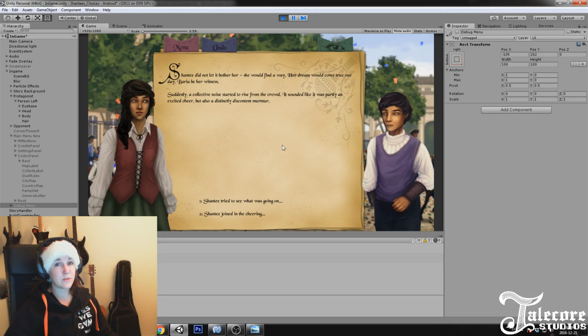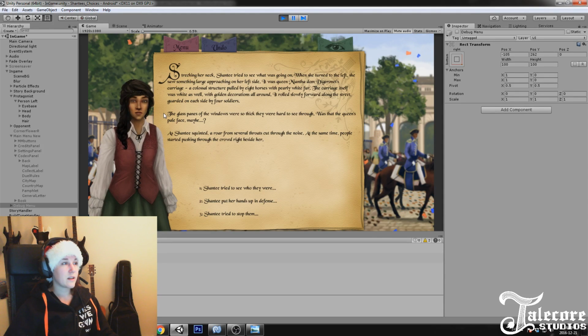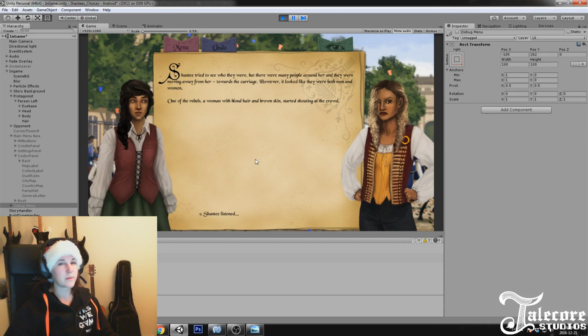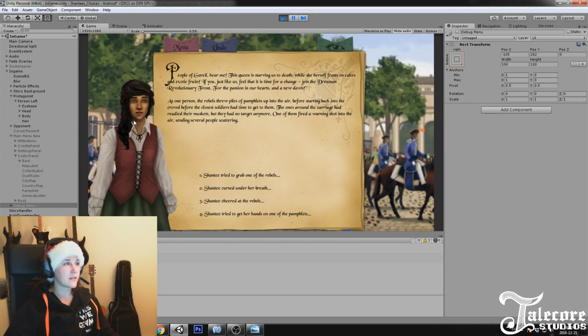Stuff happens, and you decide what happens next. And as you can see, the portraits change. Her eyes move. She blinks. She moves a bit. The animations are still pretty work in progress. But you probably get the idea of how it's gonna work. And as you can see, her whole face changes as well to show her emotions. So that's the baseline.